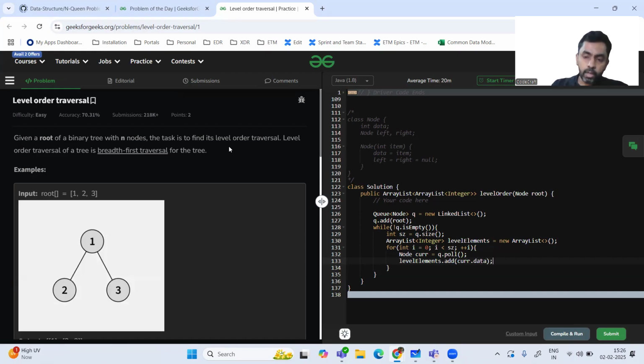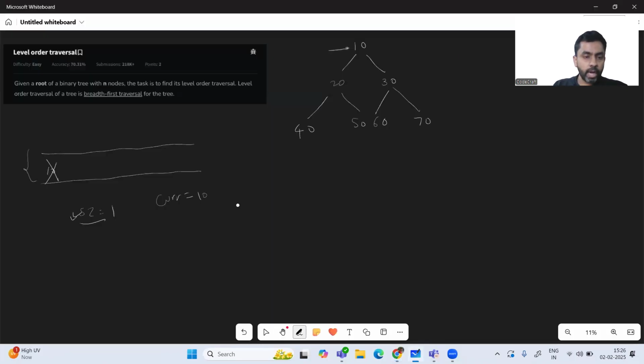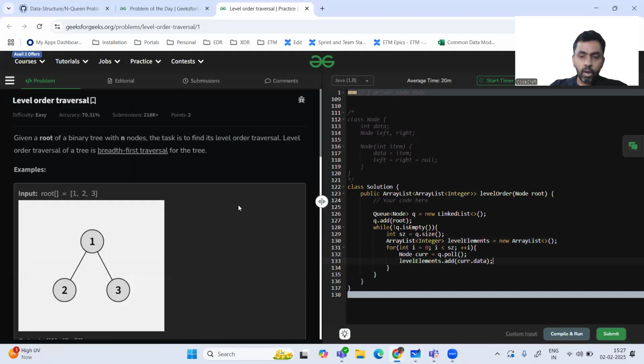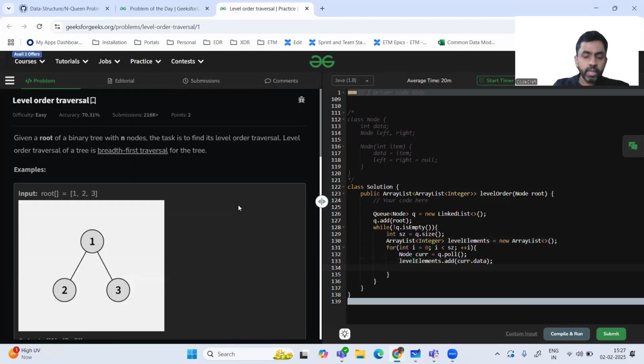So what we have done? We have this list, right? Let's say the list is here. And what we have done is we have put this data 10 into the list. Now here, whatever is the popped out element, which is current, we'll check for the left and